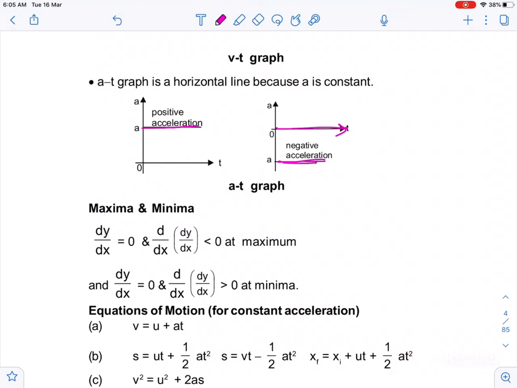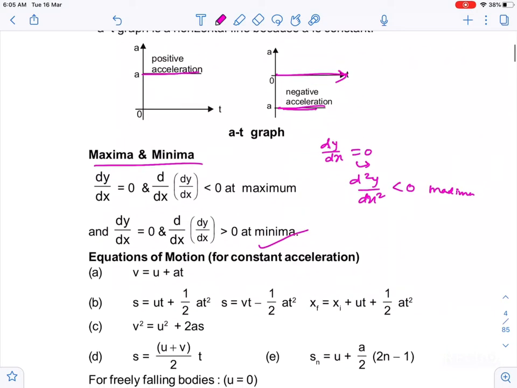You should understand that in this type of question they will sometimes ask you the maximum and minimum velocity, or when it will attain the maximum acceleration. So some concept of maxima and minima you have to keep in mind. dy by dx is equal to 0 means slope is becoming 0. So that means at this point the particle can attain minima or maxima. If d2y by dx square is less than 0, then maxima will exist at that point, and if it is greater than 0, then minima will exist at this point.